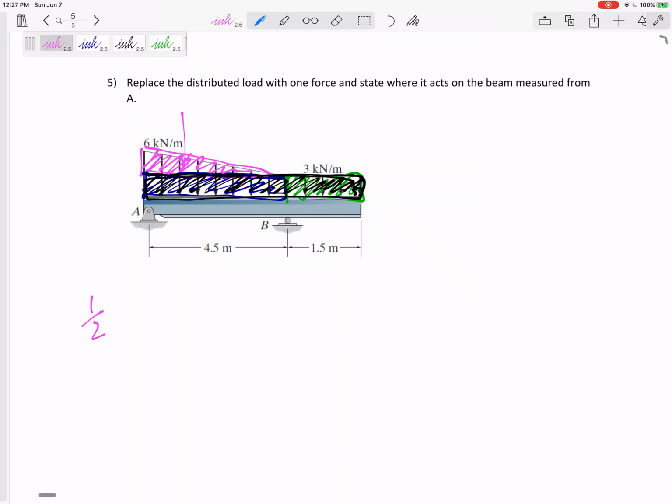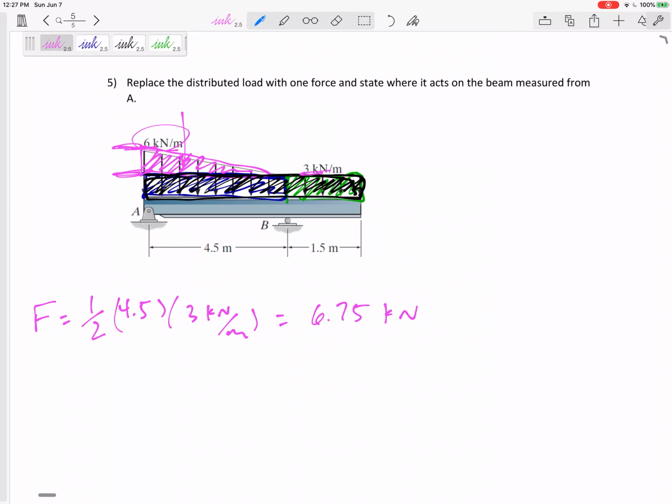The force would be equal to 1/2 of base 4.5 times height. Now be careful, the height is not 6. The height is that 6 to 3, so 6 minus 3, 3. And I should keep up with my units here, kilonewtons per meter. This is 4.5 meters, so I'm left with kilonewtons. This would be 6.75